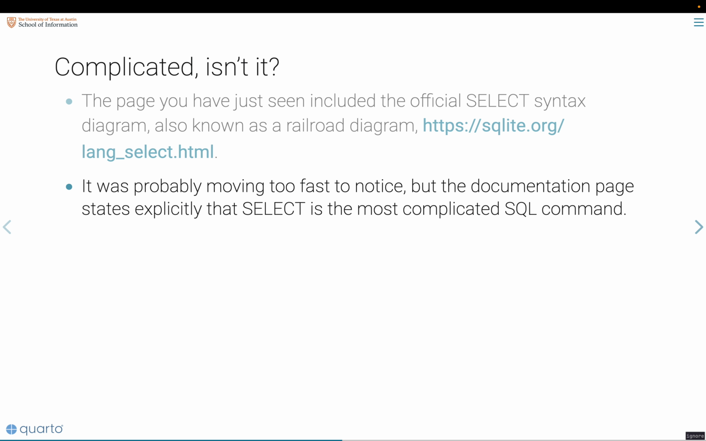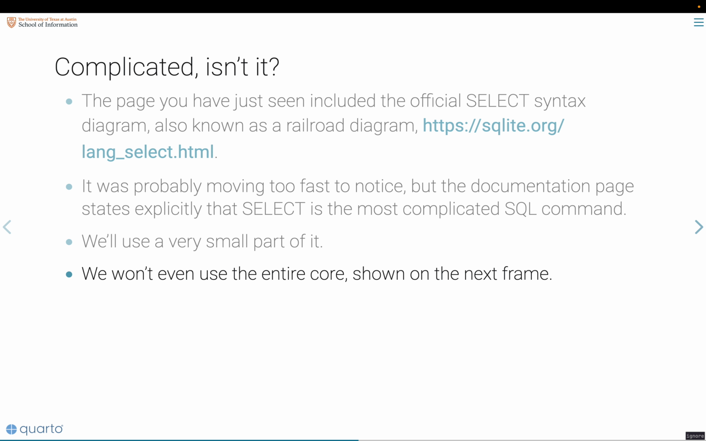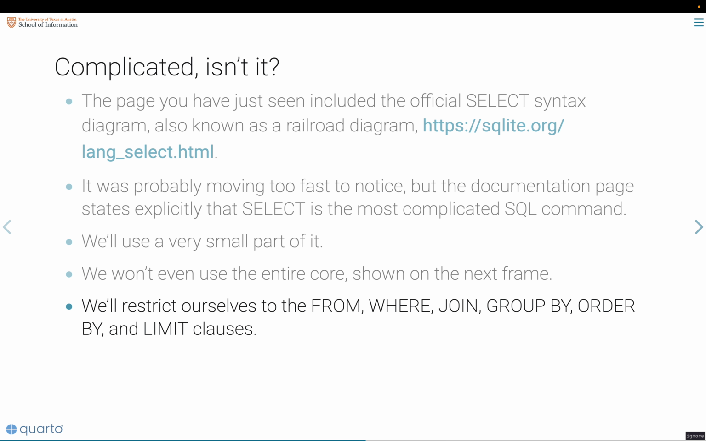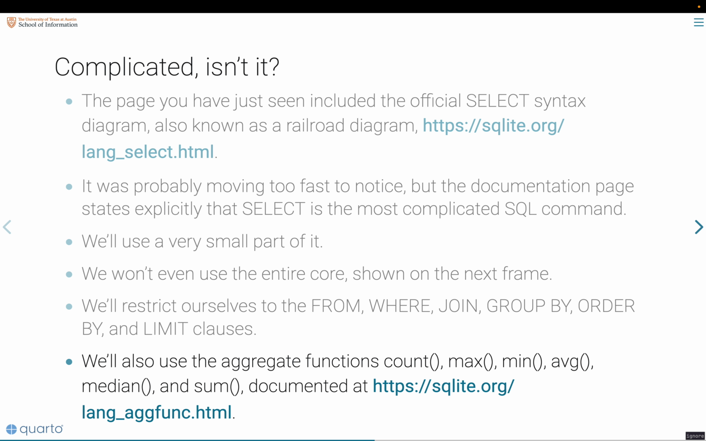And it states explicitly that select is the most complicated SQL command. And we're just going to use a very small part of it. And we're not even going to use the entire core of it. We're going to mainly use from, where, join, group by, order by, and limit. And we're also going to use some aggregate functions, including count, max, min, average, median, and sum, which are documented